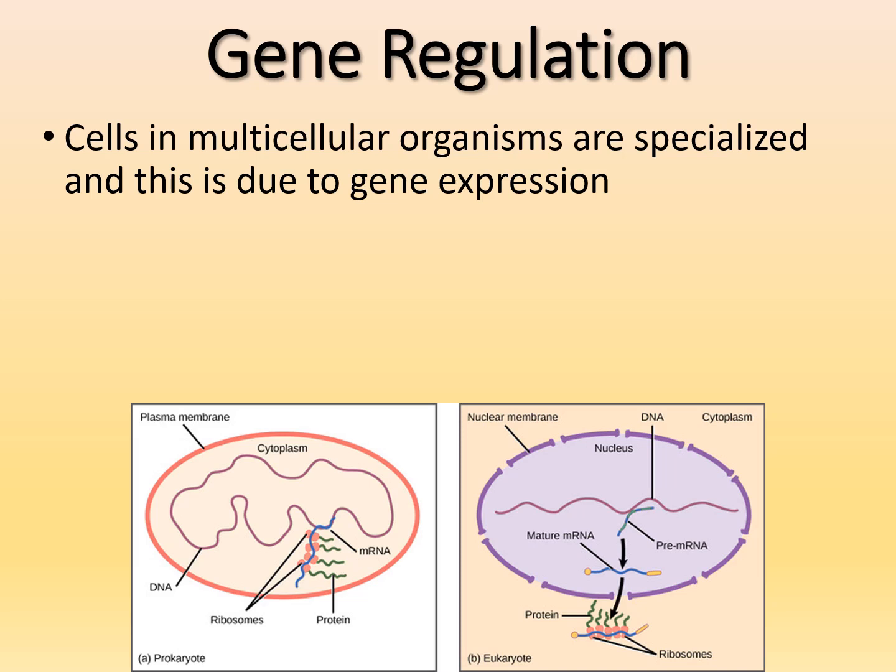So they do different jobs and they're highly specialized for the jobs that they do. And this is due to gene expression. So we turn on certain genes and turn off certain genes. So in one cell, right, maybe the muscle cells are all about contraction, right? Whereas nervous cells or neurons are all about